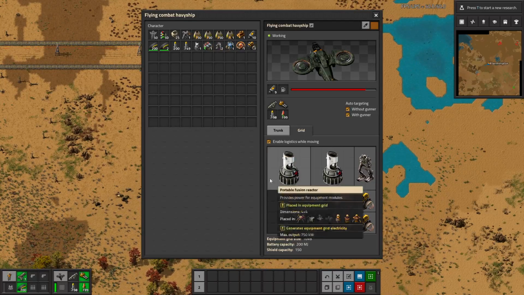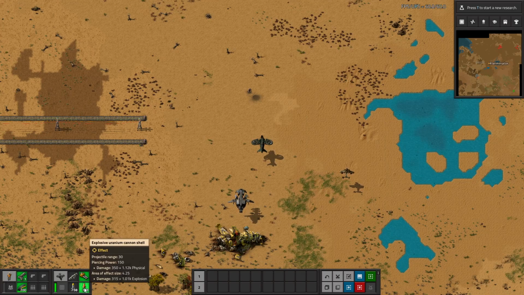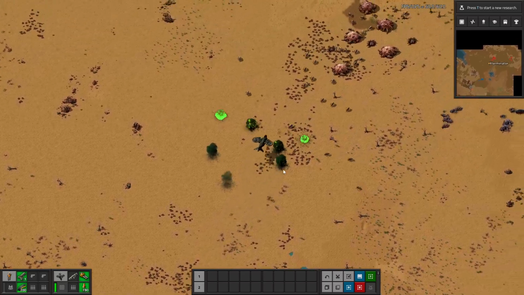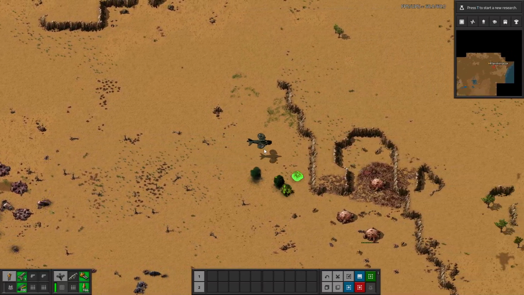I'm going to take some out just so I can drive a little easier. And I actually have this set, as you saw before, to shoot automatically with me in it. I'm going to take out the rockets just so we can demonstrate this. So I'm just going to fly over here and kind of let it do its thing. And then, of course, I have the personal lasers, but...